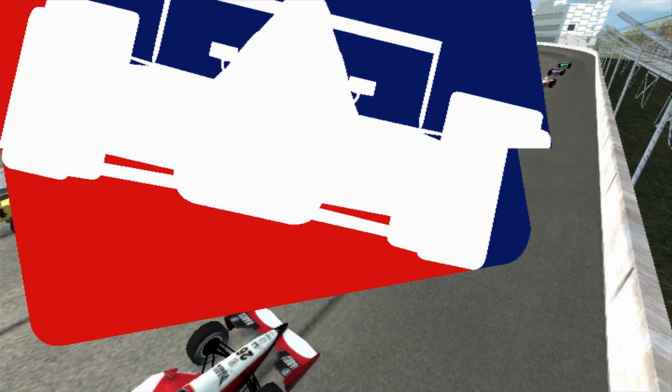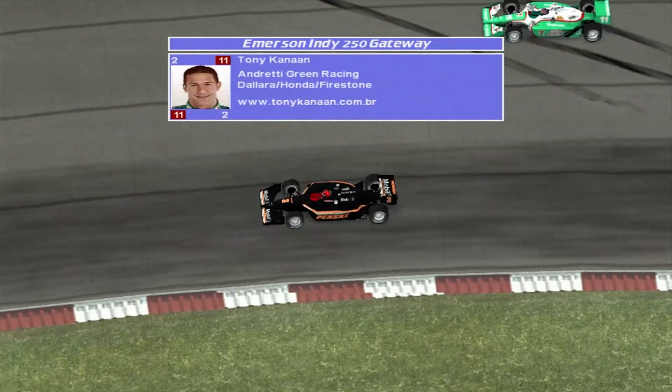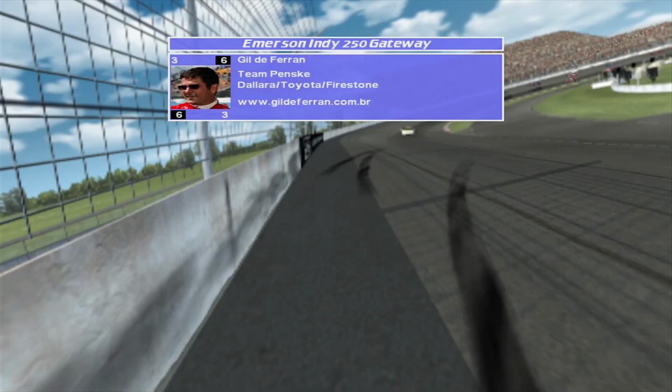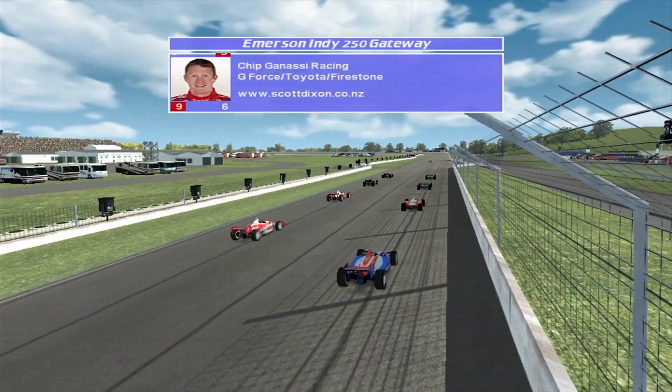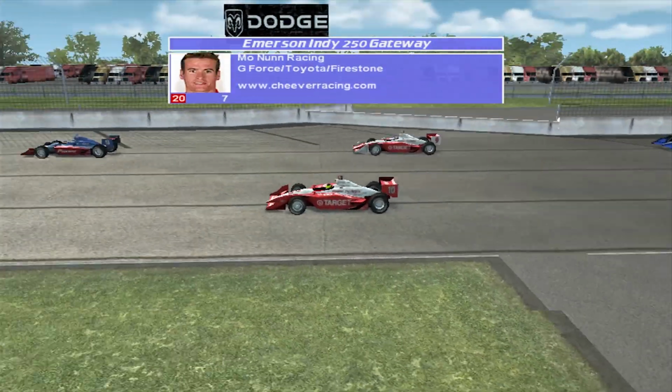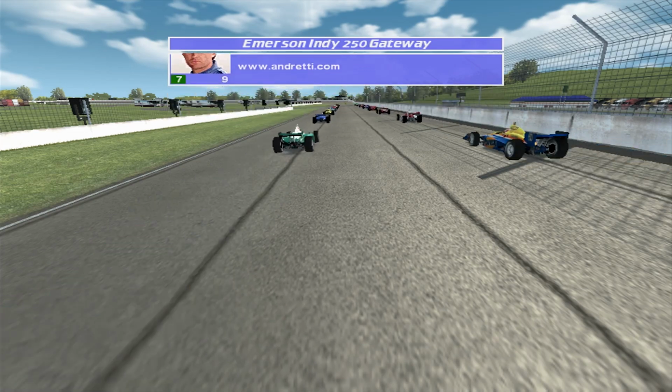Oh, well. Right, so, starting on pole position, Helio Castroneves with Tony Kanaan alongside. Row number 2 is Gil de Ferran and Kenny Brack. On row 3, Thomas Scheckter and Scott Dixon. Starting on row 4 is Alex Barron and Roger Yasukawa. On the 5th row, Bryan Herta